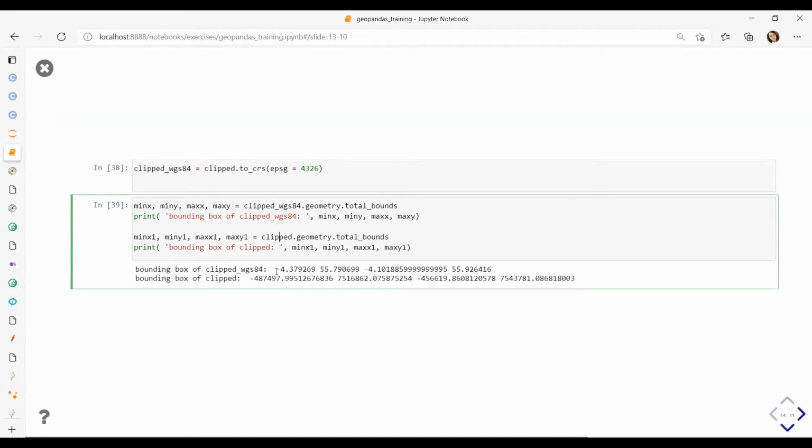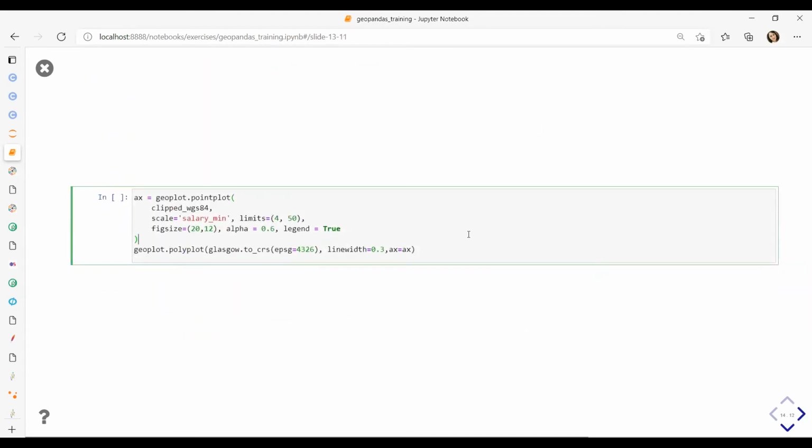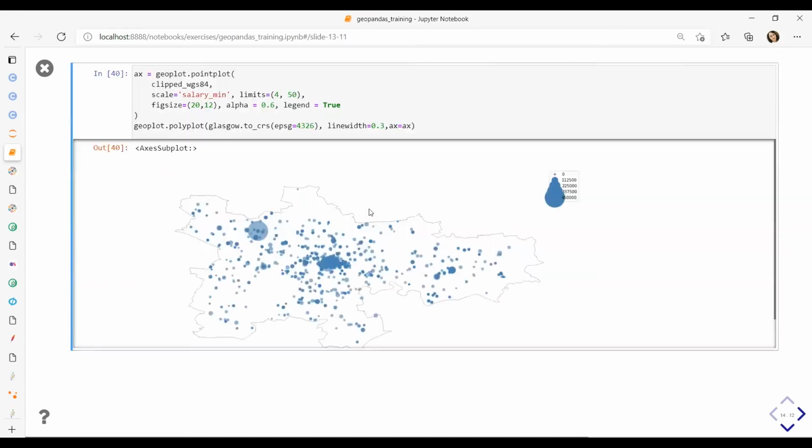You can see this geodata frame's bounding box is within -180 and +180. And because of the different projection, the clipped data frame's are out of these limits. Again, a bit of explanation. If you plot our clipped geodata frame, because it does fall within those bounds, you would get some visualization.